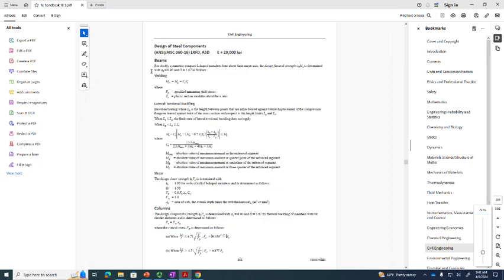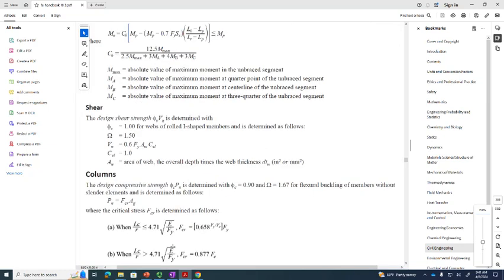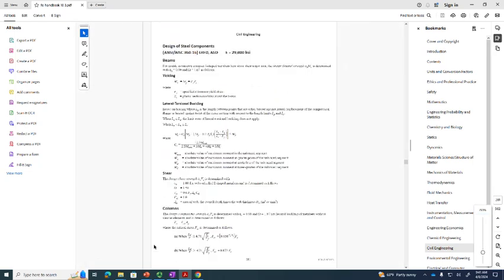We've got columns. Hold on, let me go back here. That stuff should look familiar, right? It's not like we haven't used this before, right? Okay, but check this out. So if we go into the design aid section for steel,